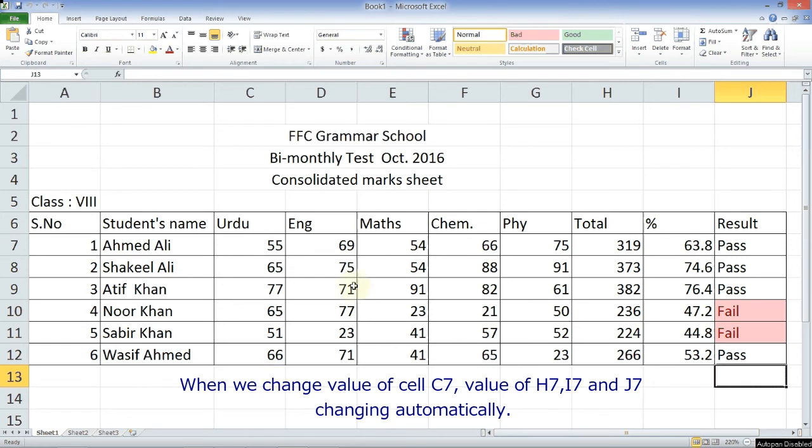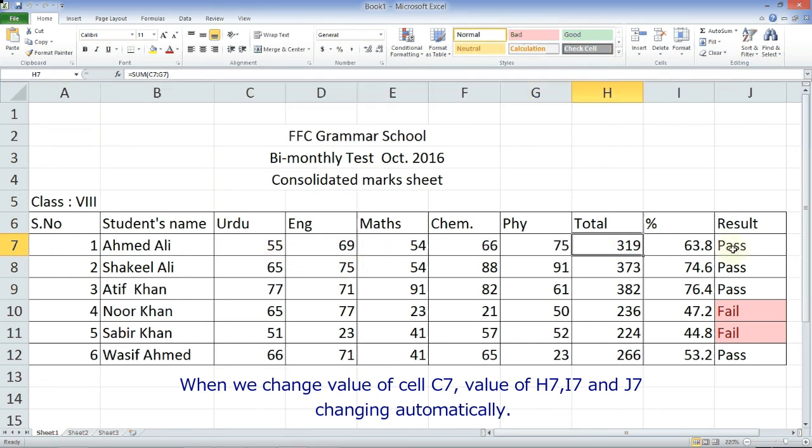So here we have entered basic data. These are the cells where we have entered basic data, and on the basis of these cells, these columns are calculating different values. These cells are being added here,